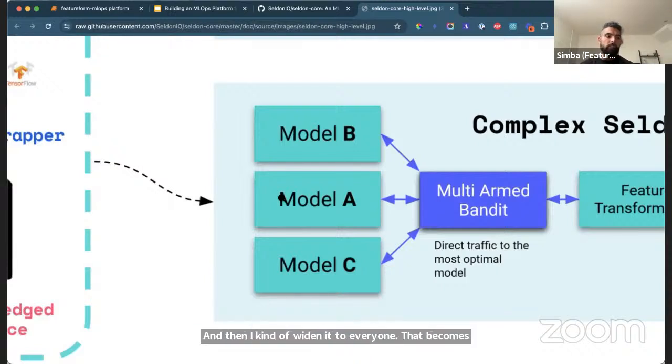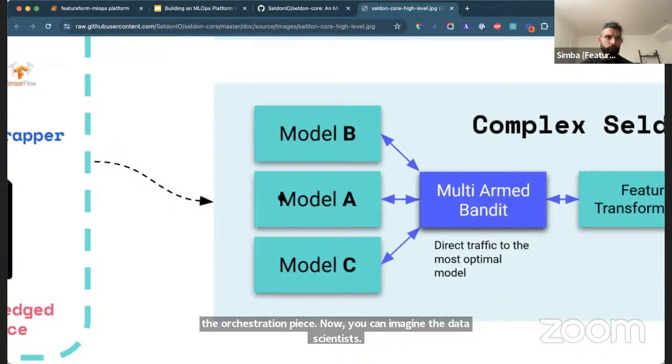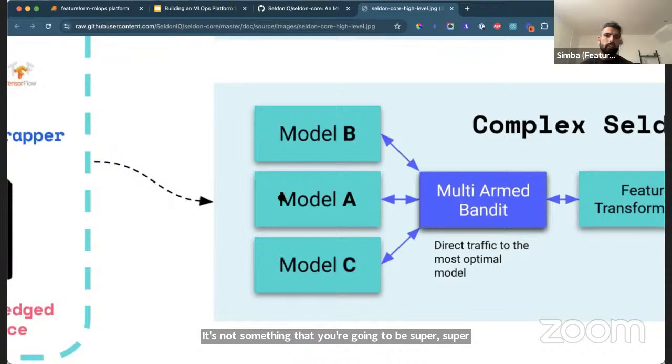Now, you can imagine as a data scientist, it's not something that you're going to be super, super familiar with, like building and scaling and doing things like blue-green deployments of models is not something that you are probably an expert in as a data scientist. What you're really good at is building great models. And so what the MLOps platform does in this case, what these two pieces come together and do is, one,